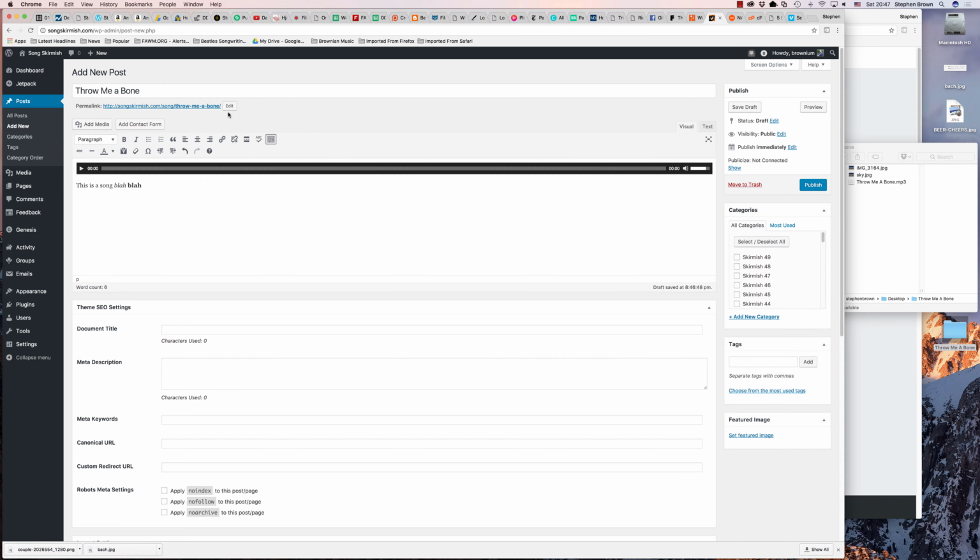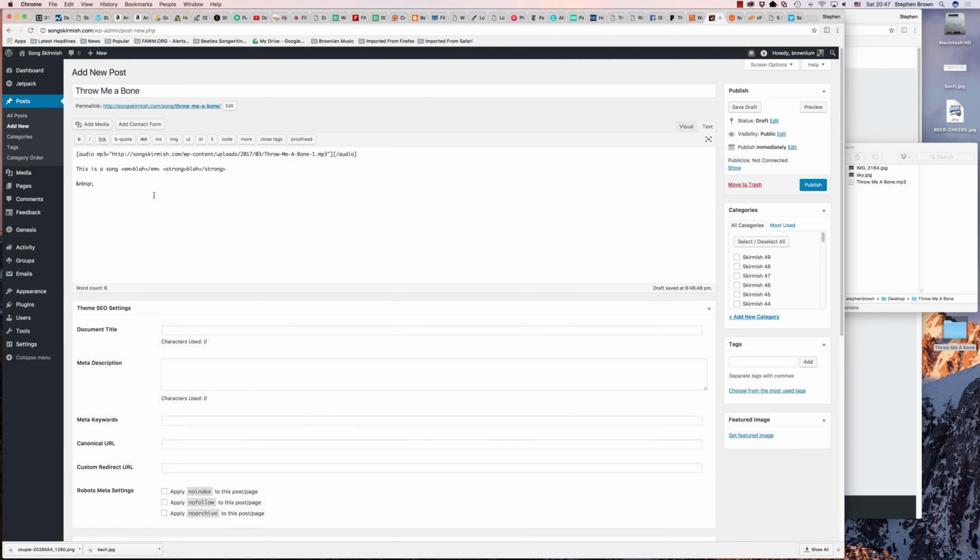And one thing I should point out here is note over here on the right-hand side, you can see that I right now have this tab that says visual open. If I select text, this is going to show me the actual content in the HTML format as it's going to be in here. So you can see that right here where I had this bold and where I had this blah, I had blah and blah. This one is bold, and this one is, what's the word? Italics. This one is bold. This is what the actual content or formatting looks like